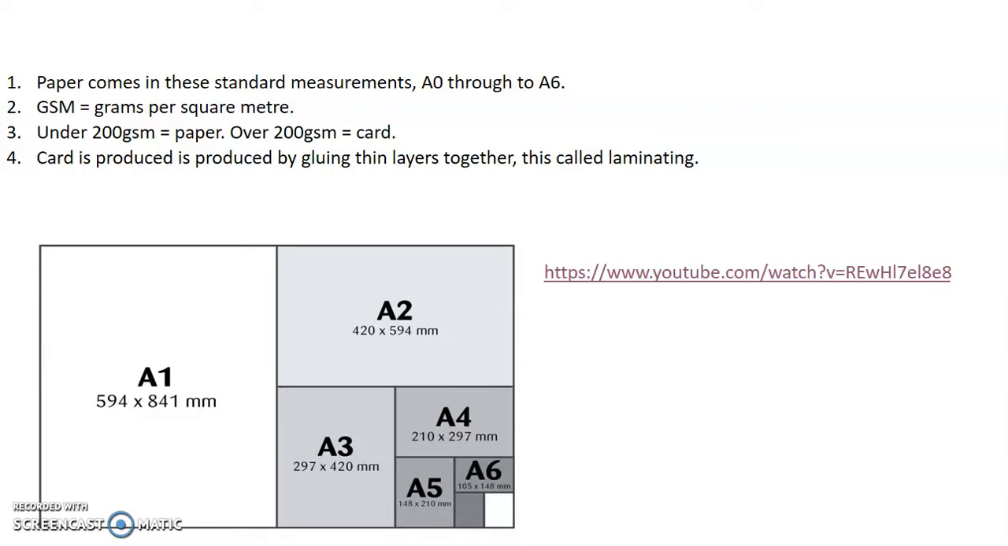Grams per square metre is how it is weighed. Now, paper is generally anything under 200 is classed as paper. Anything over that is classed as card. And card is slightly different from paper because that is usually made up of several layers made up to make it a thicker, more substantial, usable product. So it would have to